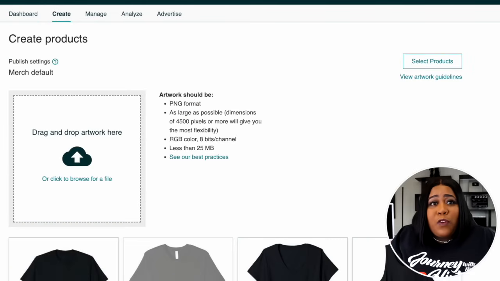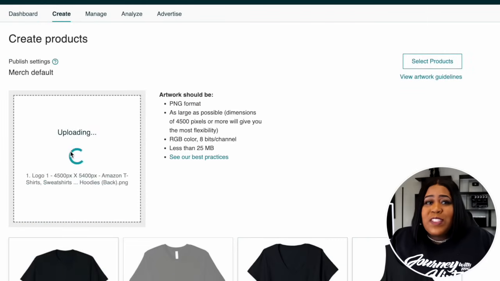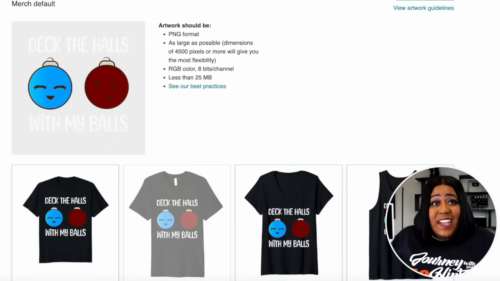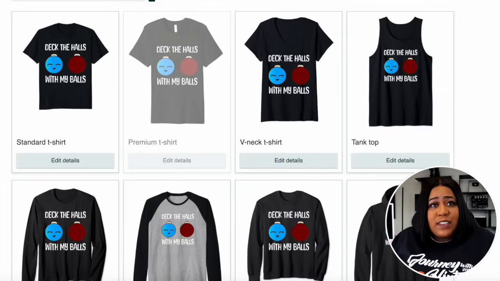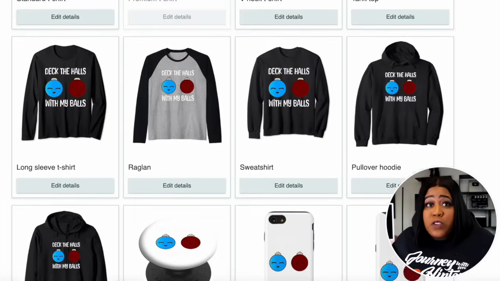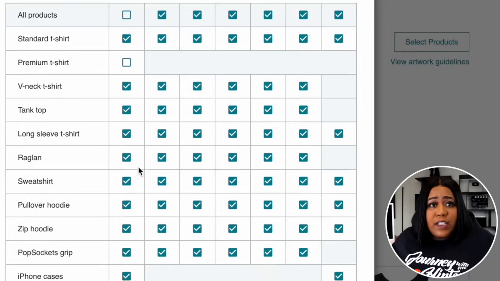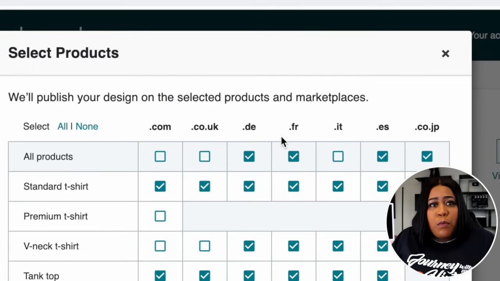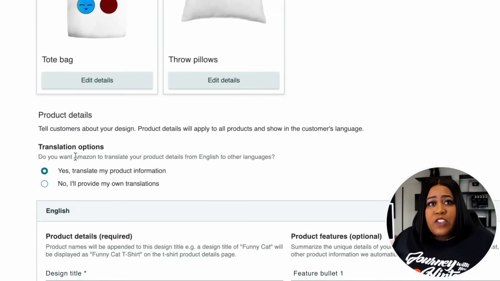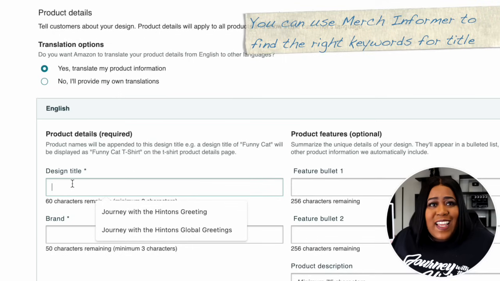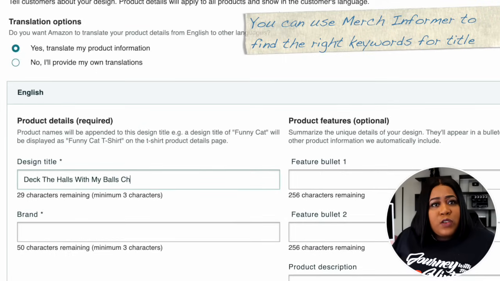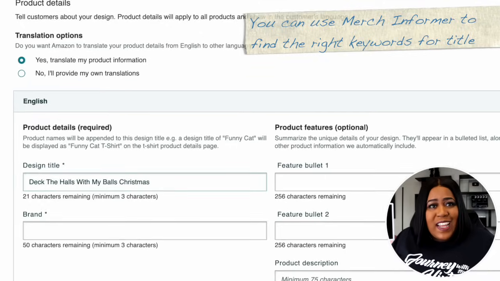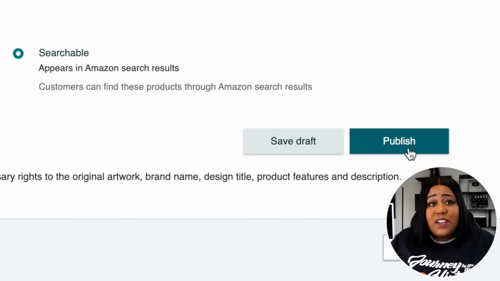And then we're going to come back over here to Merch on Amazon so that we can upload our design. And it will automatically add it to all of the products on here that they offer. And if you don't want to put it on everything, you'll just hit that select products, and you can go through and select and deselect which ones you want it to be on and which ones you don't want it on. And each of these categories also show the different marketplaces that it'll be sold in. And I just leave it on yes, translate my product information because of those different markets that it is being sold in. But you'll just come up with your design title, and you can stick pretty close to what was working on that other design. Other than that, the last thing you will have to do is hit publish,